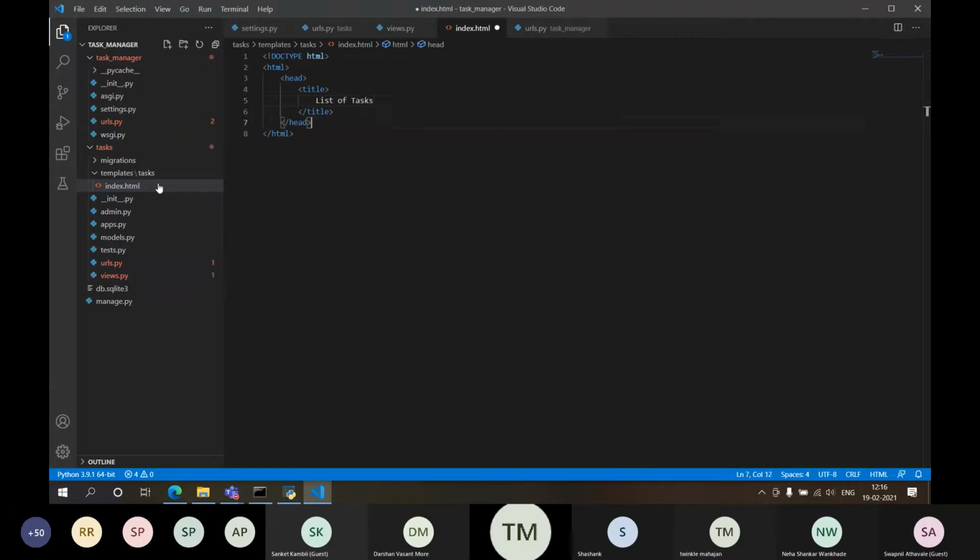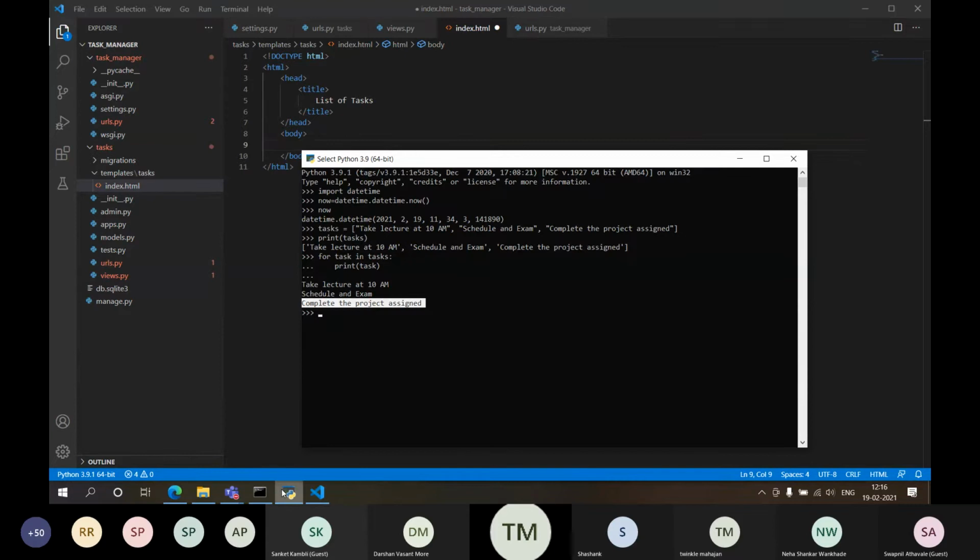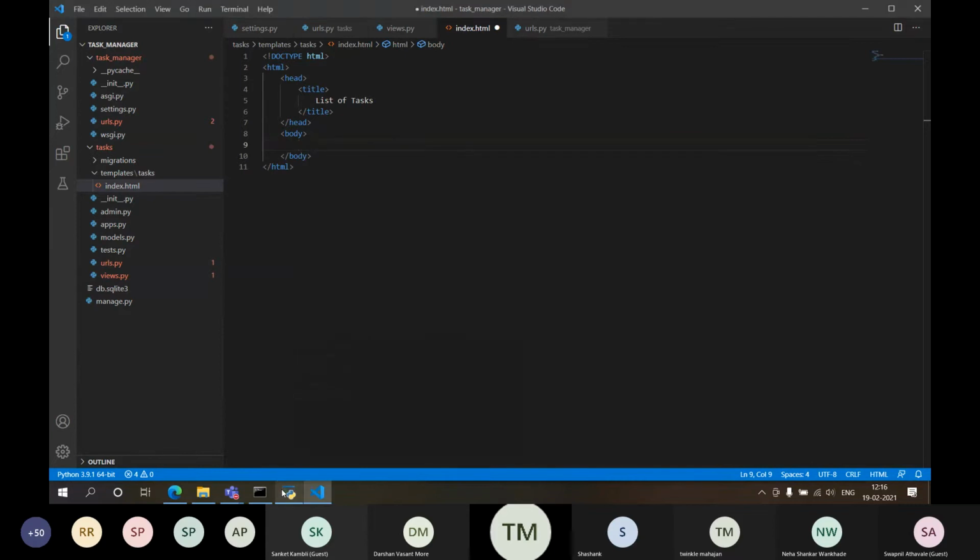After head, give a body. Now here, inside this, we should iterate. How to iterate? What have we done over here? We have used a for loop. Here also we will use a for loop. For that, the Django template language will help us: for task in tasks. Indentation is not required at all, but still I'm giving an indentation.